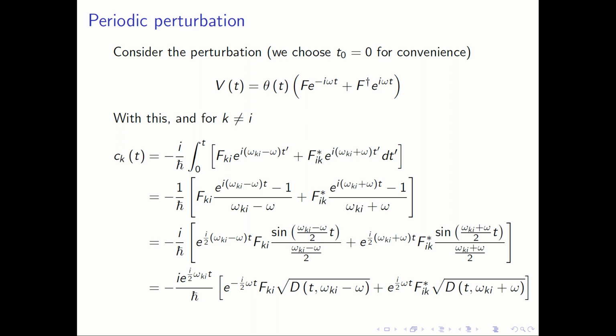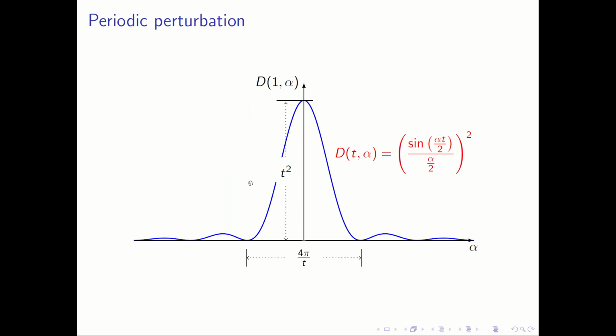But before we proceed any further, let us take a brief look at the function d of t comma alpha, some argument. What I have done here is sketch the graph of d of 1 comma alpha. This should be very familiar to all of you. This is what d_t of alpha is. That's the function that we talked about. The function itself should be very familiar, because this is what you have seen in the intensity pattern, say for a single slit diffraction. The point I would like to make here is the height of this function